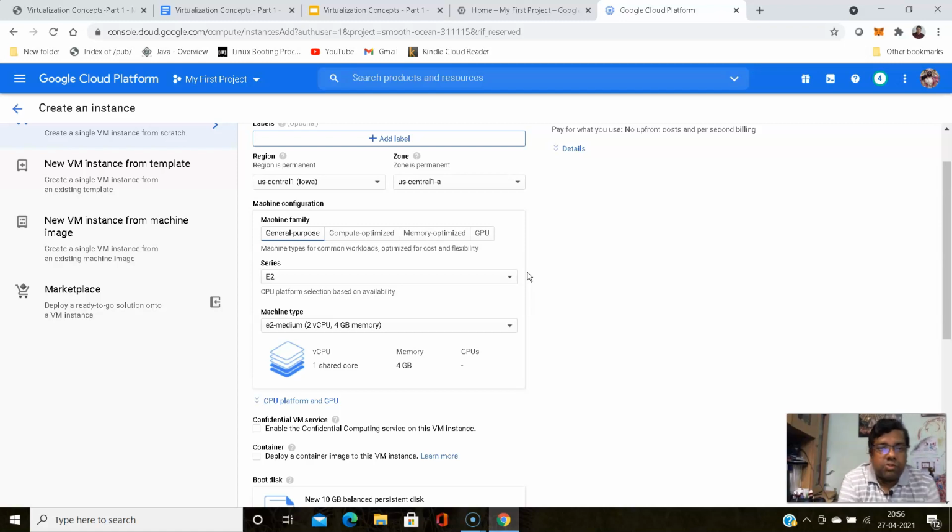If you configure another hypervisor over a virtual machine, like I am going to install KVM, a kernel virtual machine, that is called nested virtualization. Most cloud providers do not support nested virtualization natively. I am not sure about AWS or Azure, but Google provides the functionality so that you can use nested virtualization.